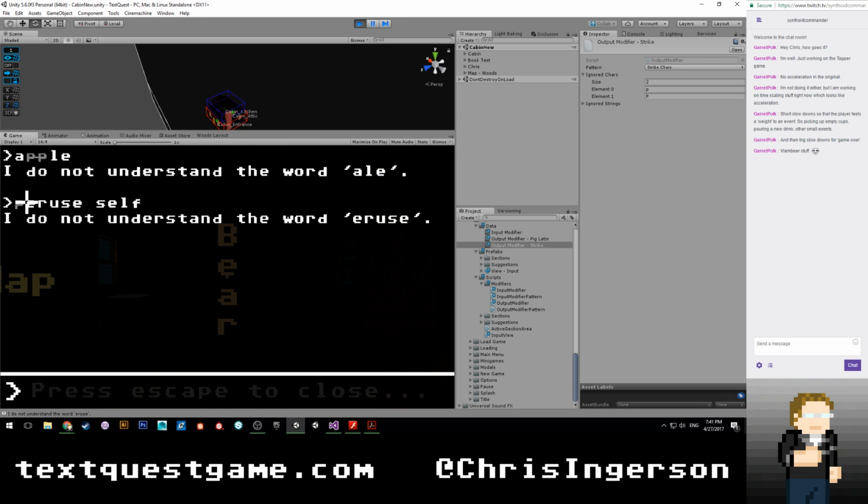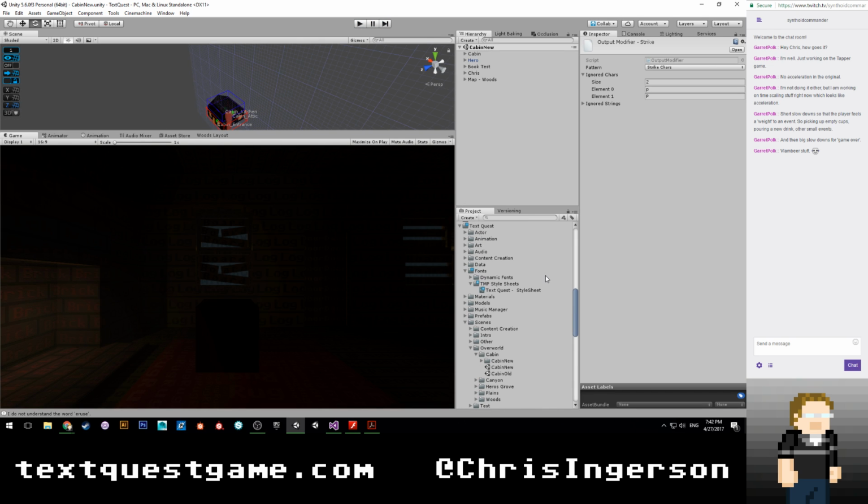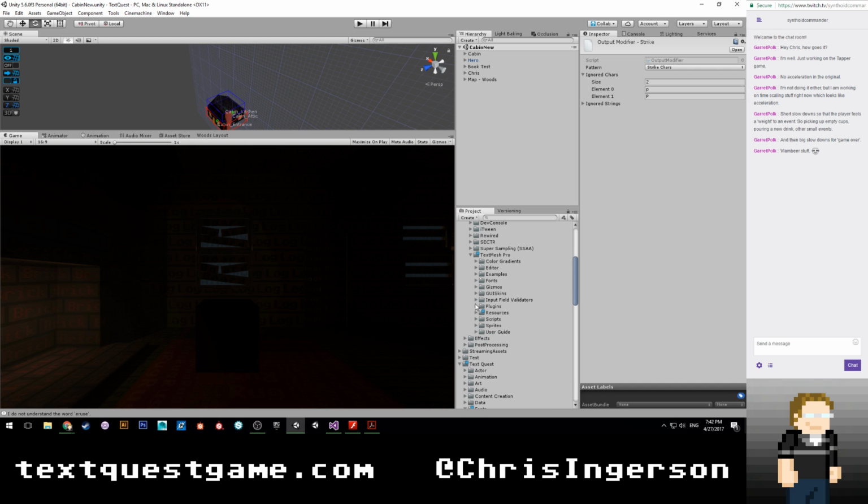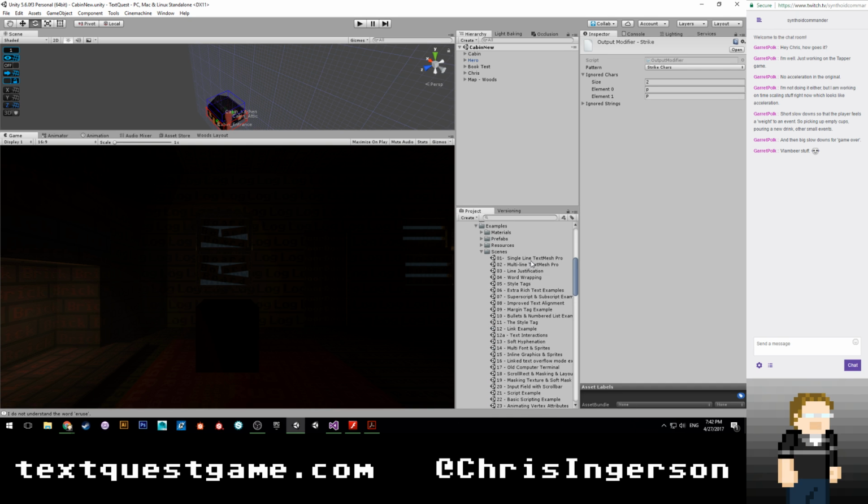So sort of like a little animation of the P shrinking or something, just to indicate that it's been stolen. That would kind of be interesting. I wonder if I can do that. Let's take a look at some of the example scenes in TextMesh Pro, actually. Why I kept these things here. Scenes, we should have an animation